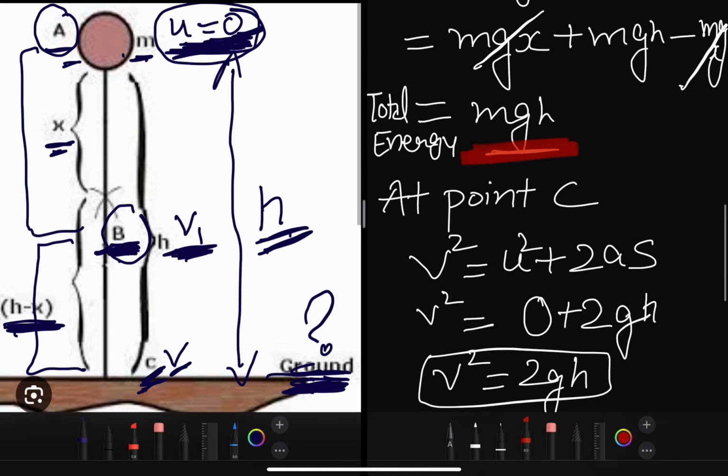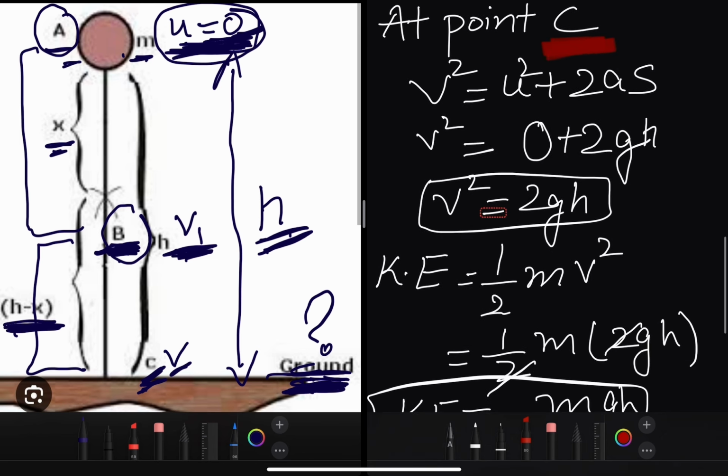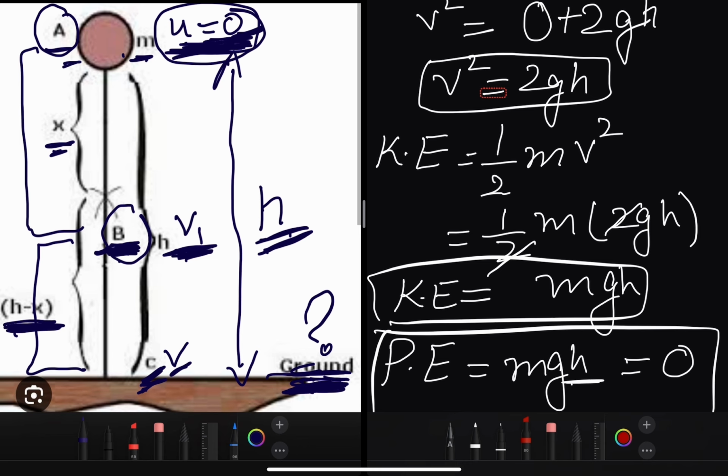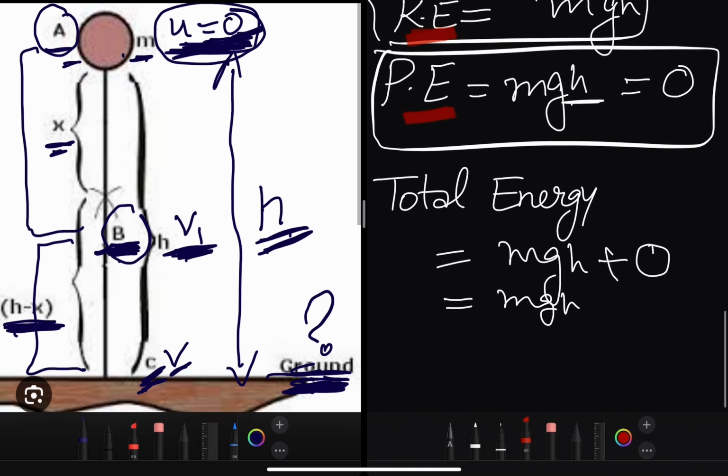Move further, the object is under free fall. It reached which point? C. When it reached point C, again we calculated the two energies, kinetic energy and potential energy. Then we calculated the total energy, which again came mgh. So this verification states that the sum of the energies, the total mechanical energy of the system, remains the same,